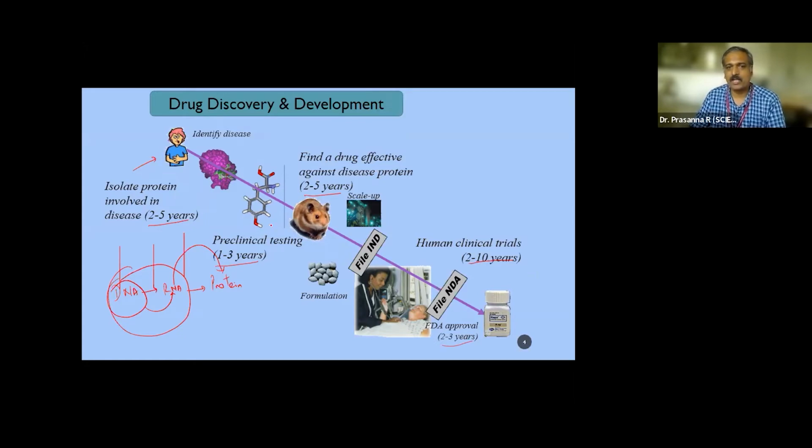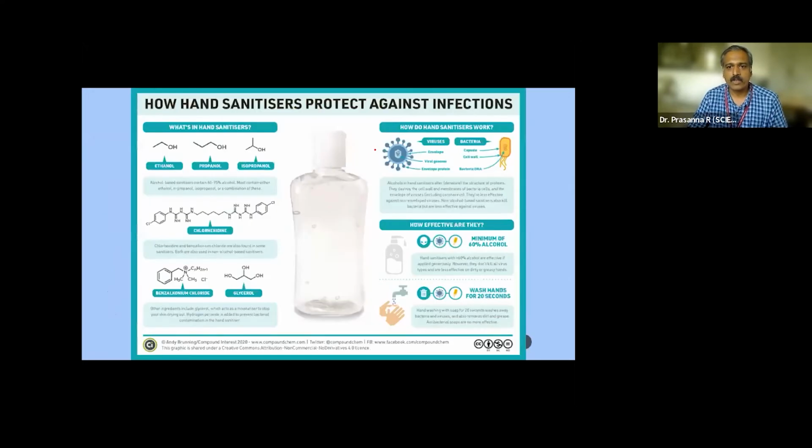So basically, from when you identify the disease to when the drug comes into the market, these are the different stages through which this evolution happens, which is the current trend. Obviously, the drug design and molecular modeling or virtual screening will be done at this stage. That's what I just indicated over here. Okay, so these are some of the points which I would like to bring in.